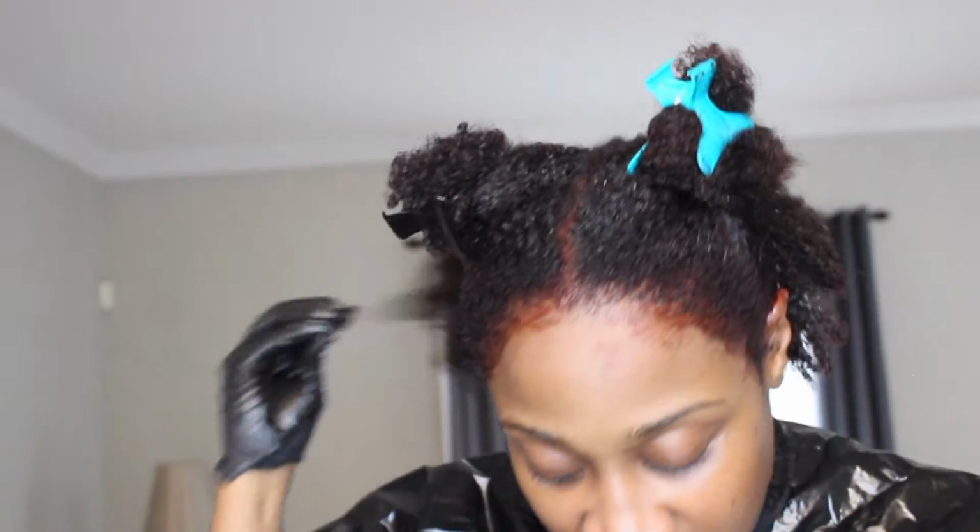Okay. So now, again, because the back isn't dealing with the same issues that the front is as far as the gray goes, so I'm just not worried about it too much. But now is the fun part. So we've done our roots really good, and we've made sure to saturate it pretty nicely. So I'm gonna go ahead, because my hair is actually drying a little bit, I'm gonna take some water